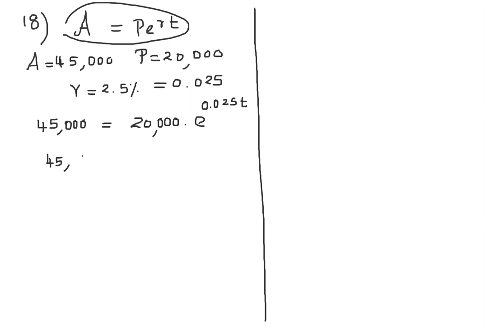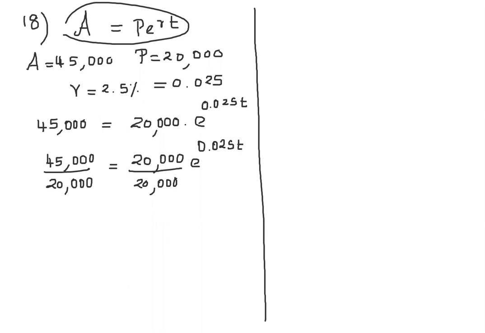I have to get rid of this 20,000 because I have to get the e by itself. So I get 2.25 equal to